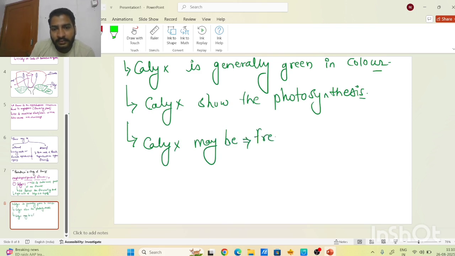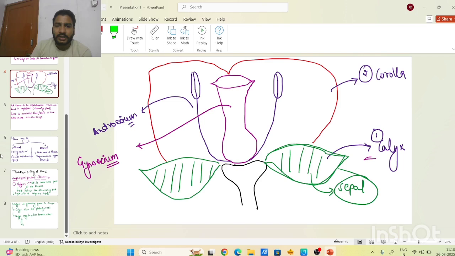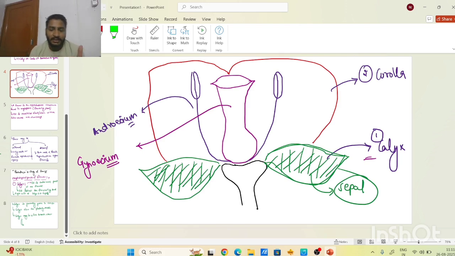Next point: in the calyx, the sepals are free from each other. What does that mean? In this structure you can see this is the sepal. अब इस फ्लावर के अंदर ऐसा तो नहीं है कि केवल और केवल दो ही सेपल्स हैं। Here are many sepals. If many sepals are present like this, my finger is indicating a sepal, each finger indicating each sepal, and the group of fingers showing the calyx. Okay, if the sepals